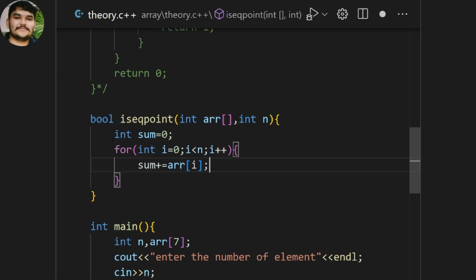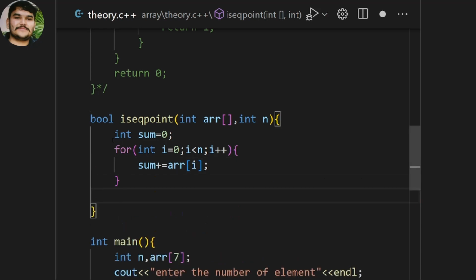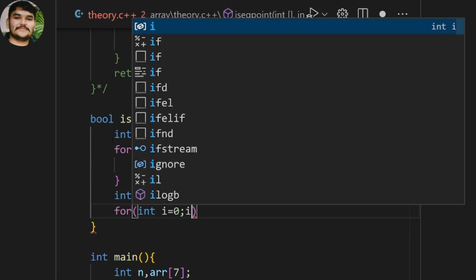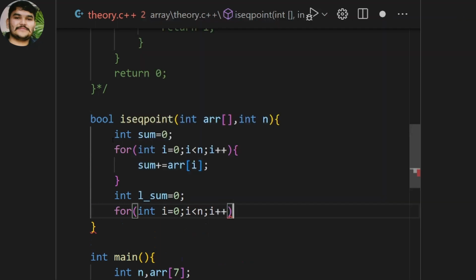In this for loop we are summing up all the elements into the sum variable. After that we take left sum and equate it to 0, and for int i equal to 0, i less than n, i plus plus,